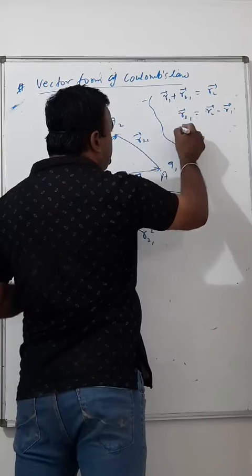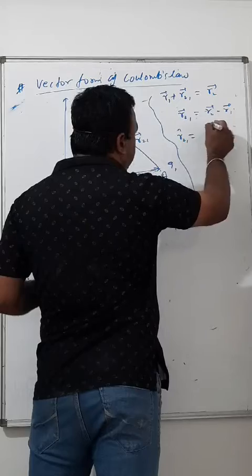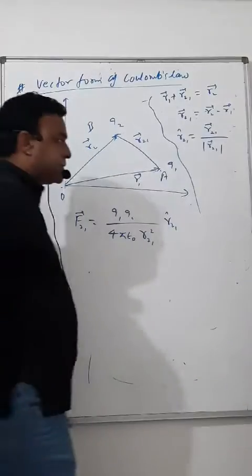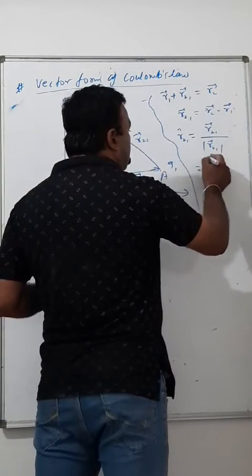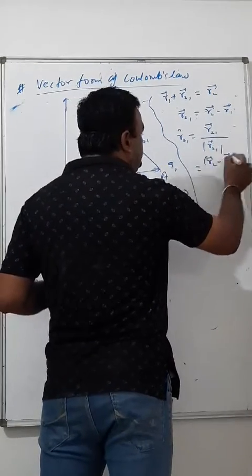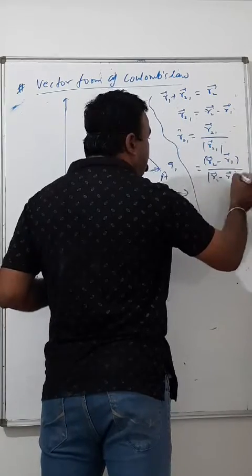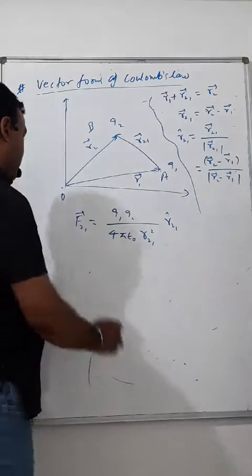And R21 cap is R21 vector upon R21 mod, and it is R2 minus R1 upon R2 minus R1 mod. If I expand this, then it becomes